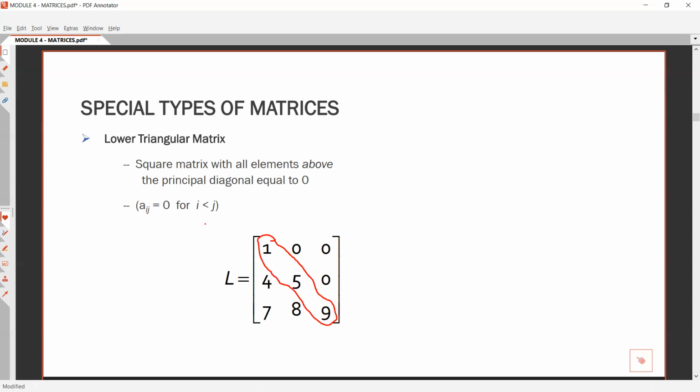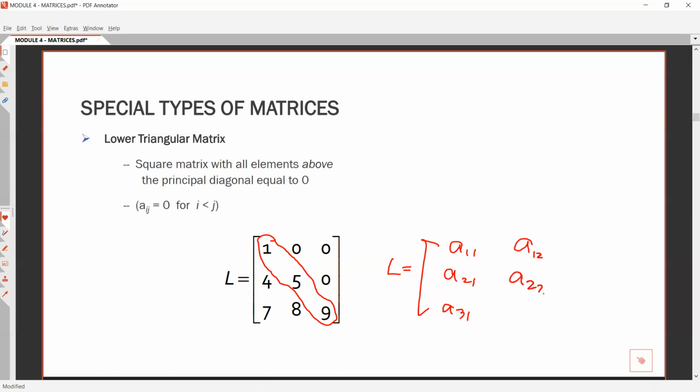Okay, so for this one, L is equals to A11, A21, A31,